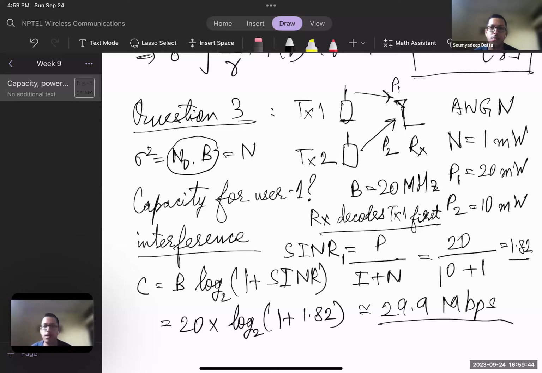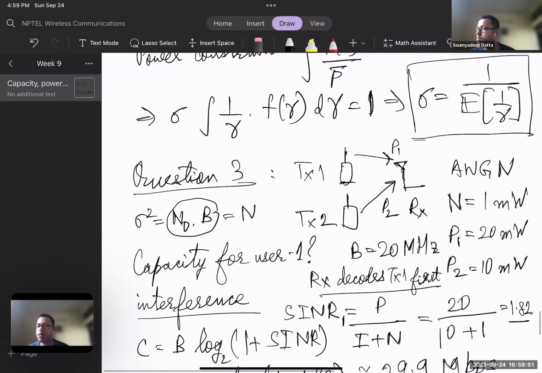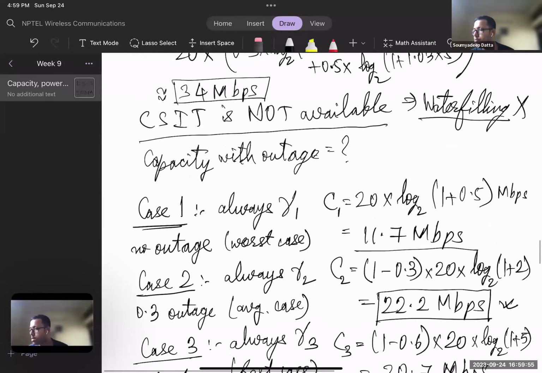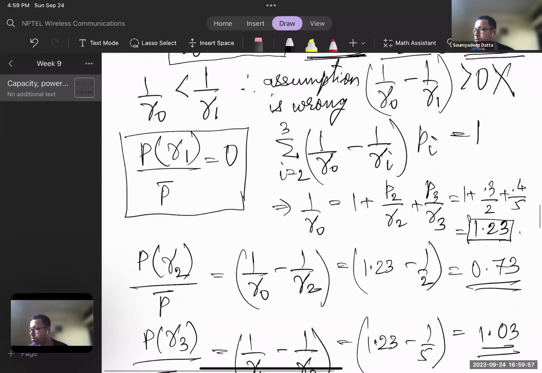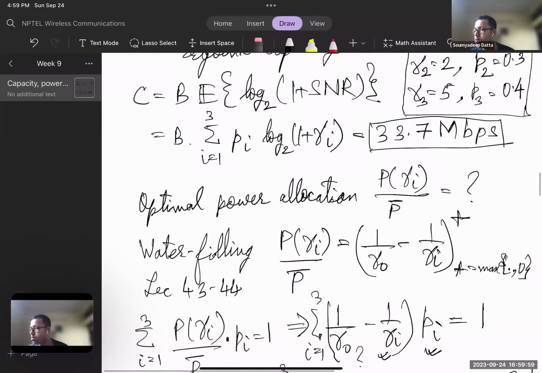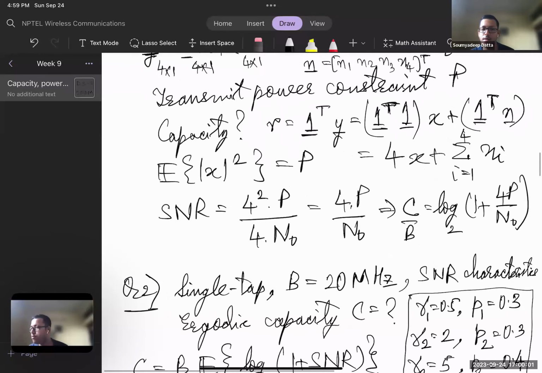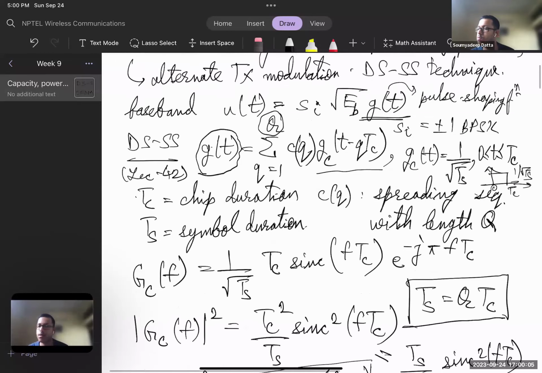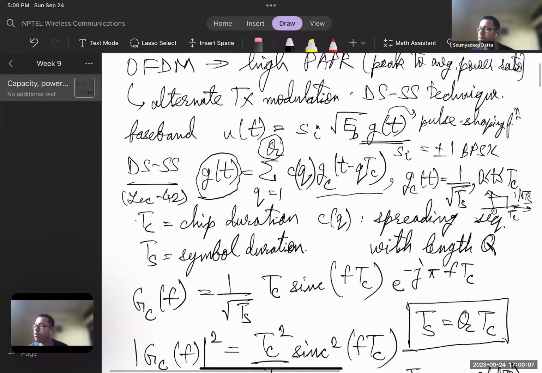Now, I'm almost at the end of my time, but for the benefit of those who missed the first part, I'm going to go over this really fast because I spent a lot of time on it. Essentially, just for problem solving purposes, if you are not using the DFT spreading technique, then what you will use is